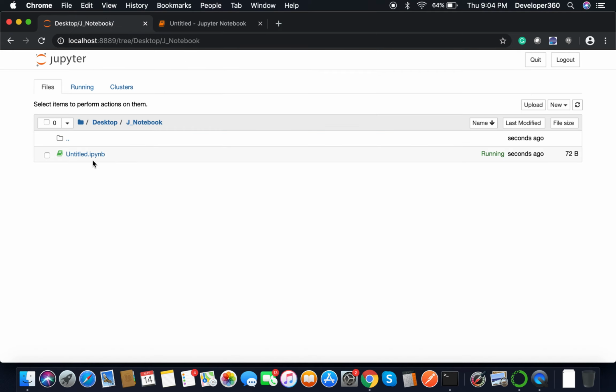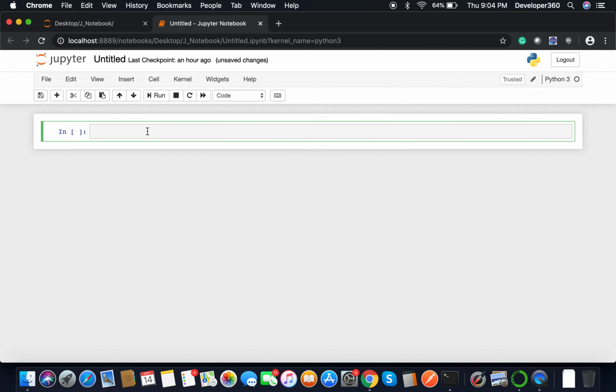I'll explain what this is. This ipynb is the Python notebook, or you can say the Jupyter notebook. This is our overall notebook where we are going to do our practice of Python and all stuff. I think I have covered my first thing, what is Anaconda Navigator and what is Jupyter notebook. Now the third is how we are going to use the Jupyter notebook as a developer. As a developer, we just want to write some code, execute those lines and get the output.